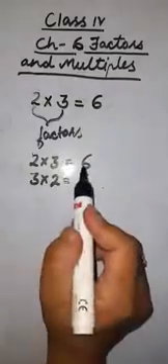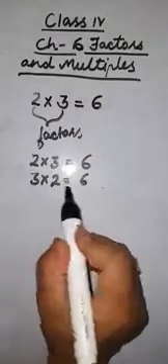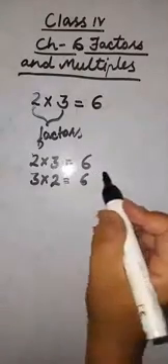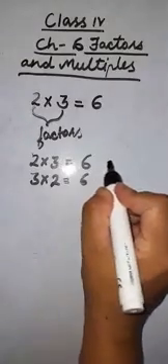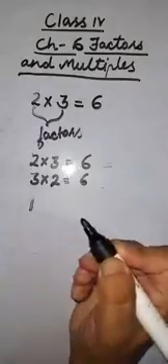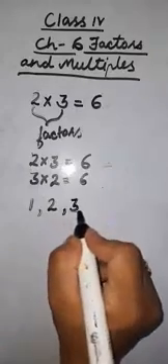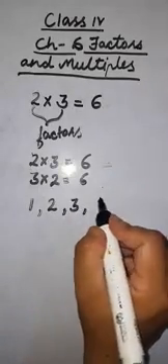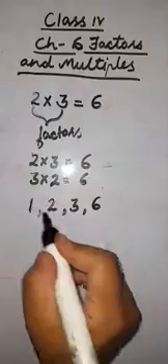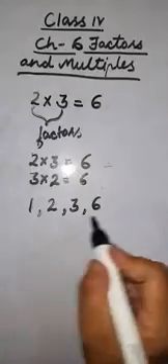Okay, it means that 6 comes in the table of 2, 3 times, and 6 comes in the table of 3, 2 times. And in another word we can say that 6 comes in whose tables, and in whose tables 6 comes, like 1 and 2 and 3 and 6 itself. Okay, so all these numbers are the factors of 6, because these numbers